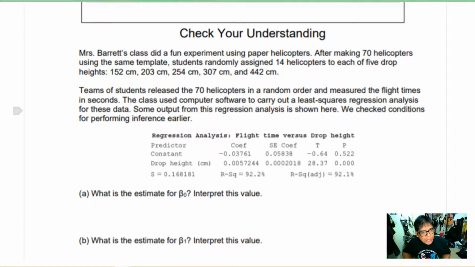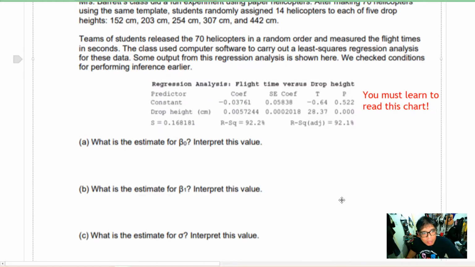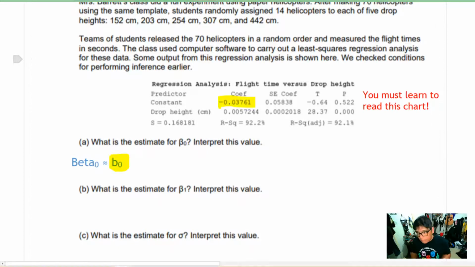It says we checked the conditions for performing inference earlier, so clearly there are conditions here. Now, a lot of what gets done in Chapter 12 is learning how to read this chart. You must learn how to read this chart. So, letter A, what is the estimate for beta naught? We know beta naught is approximately equal to B naught, and B naught is the constant coefficient. So if we look over here, we've got constant coefficient. That gives me B naught is equal to